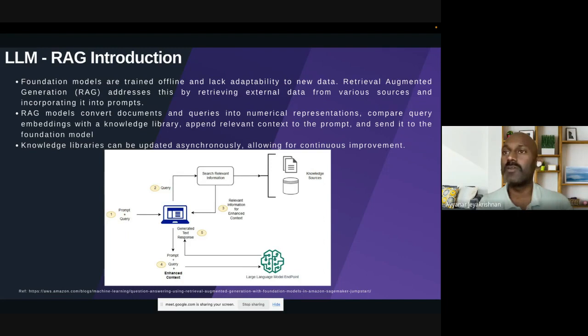If anybody wants to know the current score, or who won the recent Ashes between England and Australia, ChatGPT is not going to give that information. You can use a RAG, but if you don't crawl the data and update the RAG, it will not give the information. So that's where you can use a RAG.